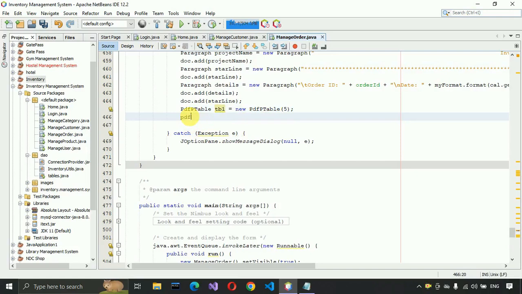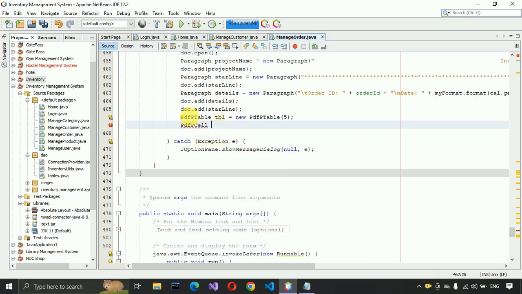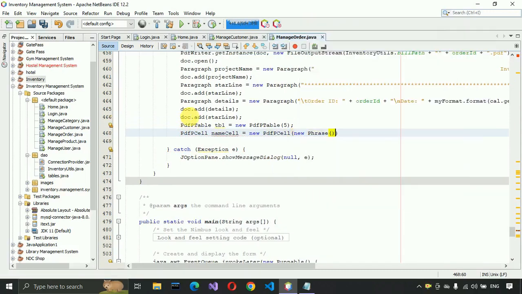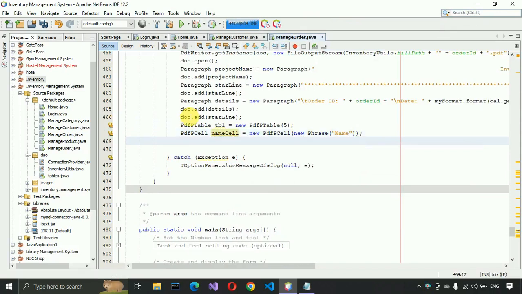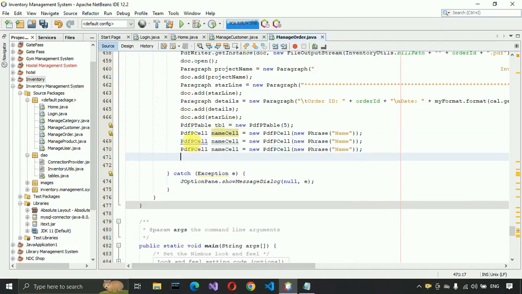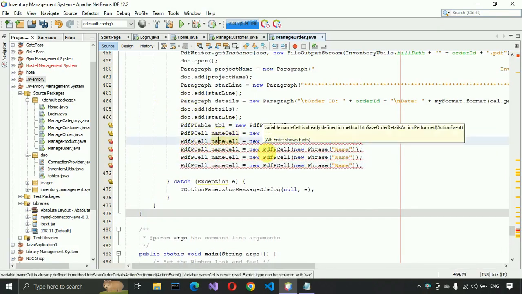And here we have to just write PdfPCell, we need to import, and name cell, and here we have to just write PdfPCell, and in this one we need to pass new, is this one, and that will be of name type. So here just write name, put semicolon. In the same way we have to write for others, so I'm just going to copy paste this one and paste it over here four times,